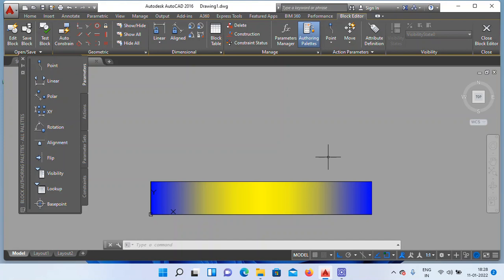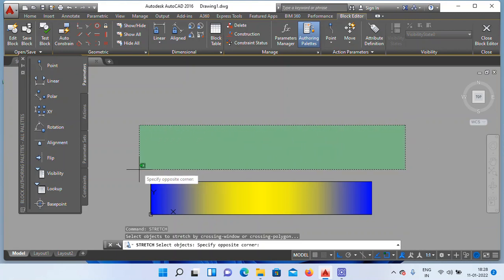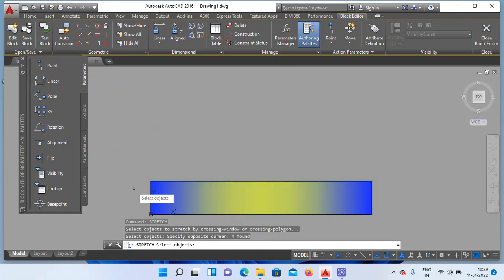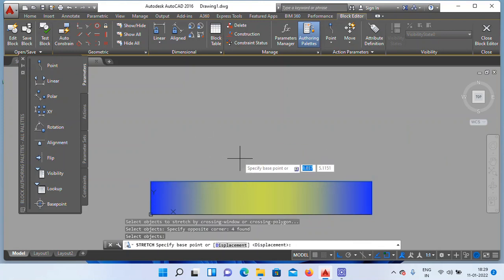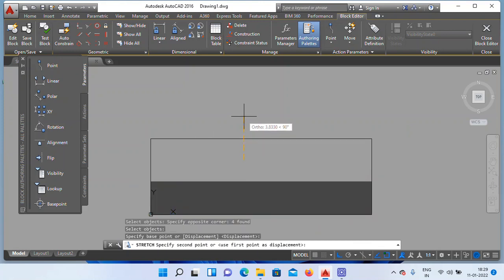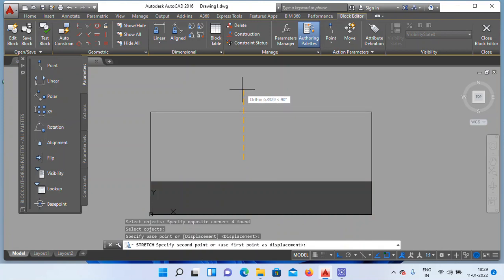Here the stretch command is possible to do this. Apply S T R E T C H, stretch. Select the object like this. Touch. Enter. Okay. Click and drag up like this. Right.